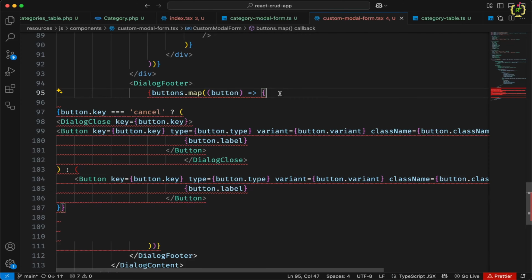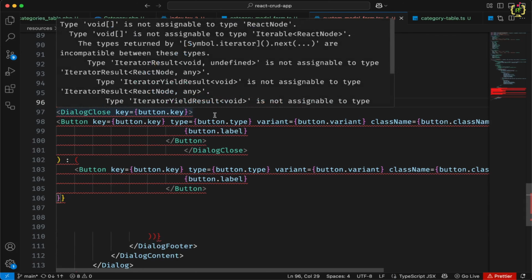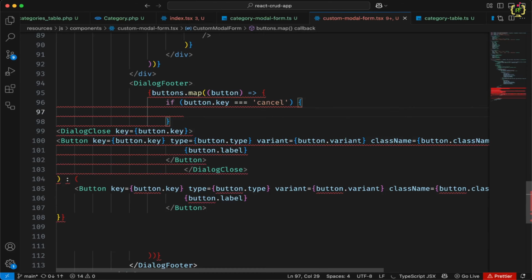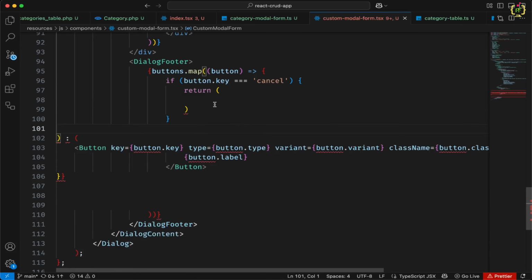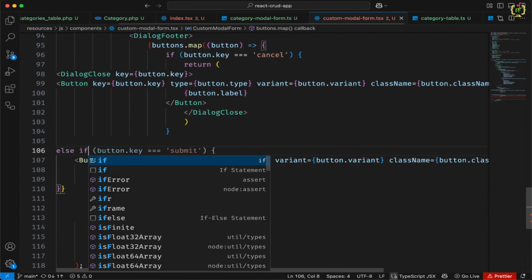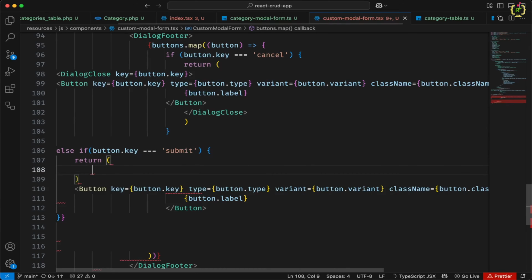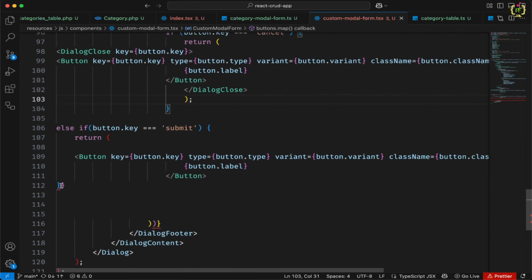And here I will add if condition. This will be like if button dot key is equals to cancel. Okay, then I will return, and I will move this dialog close inside this, and further I will use else if button dot key is equals to submit, just like this. Then again I will return this normal button. So we'll have to close it here. Let's close this,